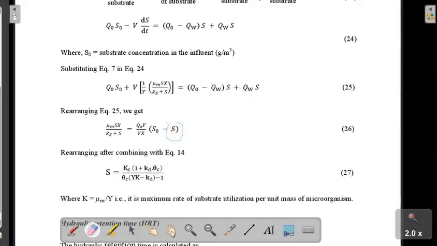Write down this equation from the mass balance equation. Then you replace mu by mu_m by Y as k. Once you replace, you will get it in terms of k, h0 and this one. After that, you write in terms of this equation, mu_m s x by Ks plus s, theta, and rearrange it in this format. Once we rearrange, we replace the value of h0 by s from equation number 20.